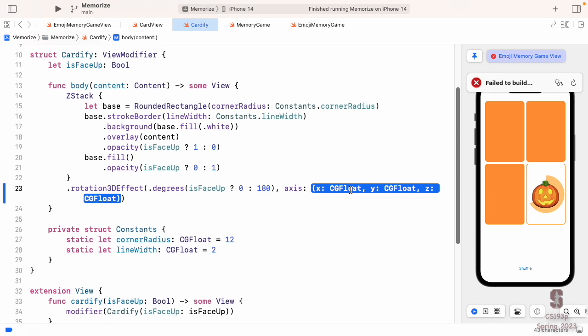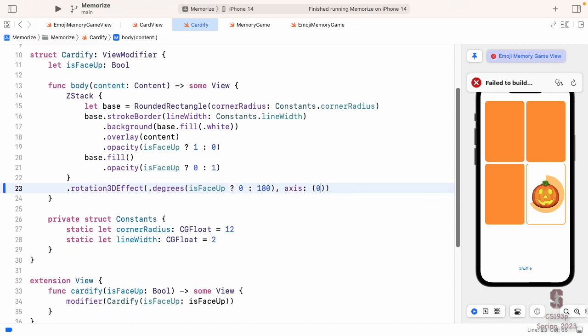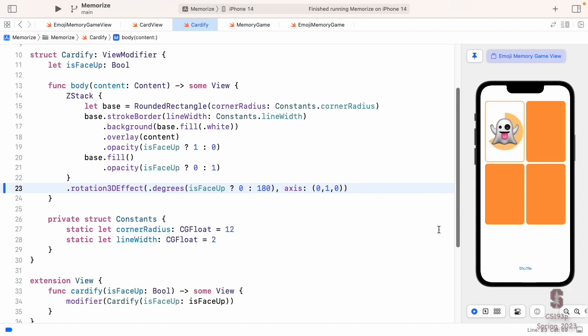If we had it rotating around X, it would flip this way. We're going to have it go around Y, so it flips like a card does, like we're flipping a card over. And we can specify those here. So it would be 0 in the X direction, 0 in the Z direction, just 1 in the Y direction. That's all it takes. Look at this. Whoop. Nice. And it's a little hard to see. It's going so quickly, we can't see what's going on.